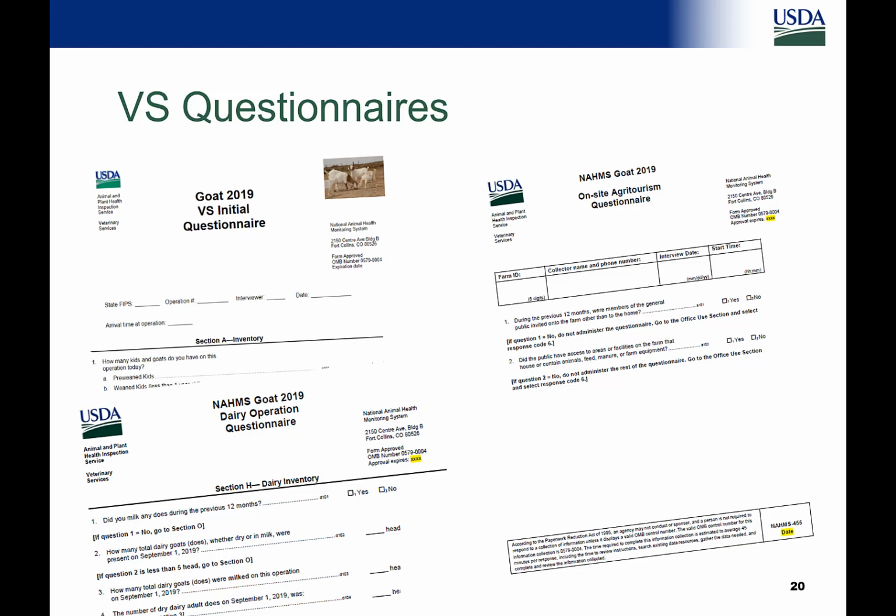Agritourism for many goat operations is a way of supplementing their income, especially in the East. It's a way of sharing their love for goats with the community. And many of these operations, well, first of all, we don't know how many of these operations there are. And then for those operations, how many of them truly understand their risk for inviting the public onto their operation. Some of these operations have had the public visit, have had people get sick, have been sued, have lost their